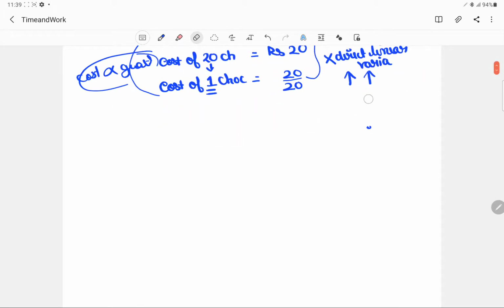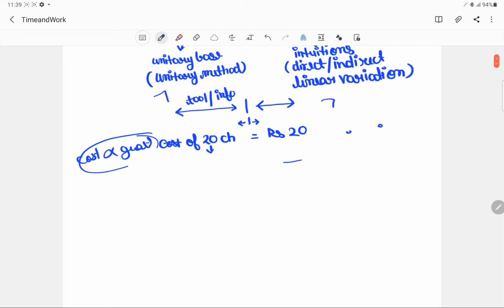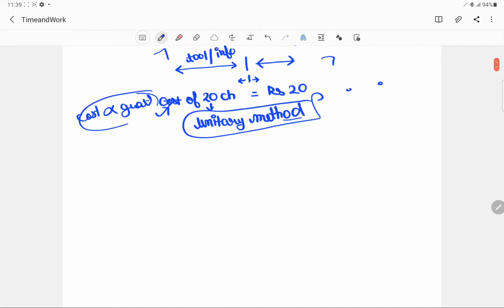So now let's look at some of the questions that we generally face, or some concepts related to this. This was something like the cost of 20 chocolates or 15 men doing this work, which was purely based upon the unitary method. Now the very important type of questions that we normally have, continuing on the same line, is